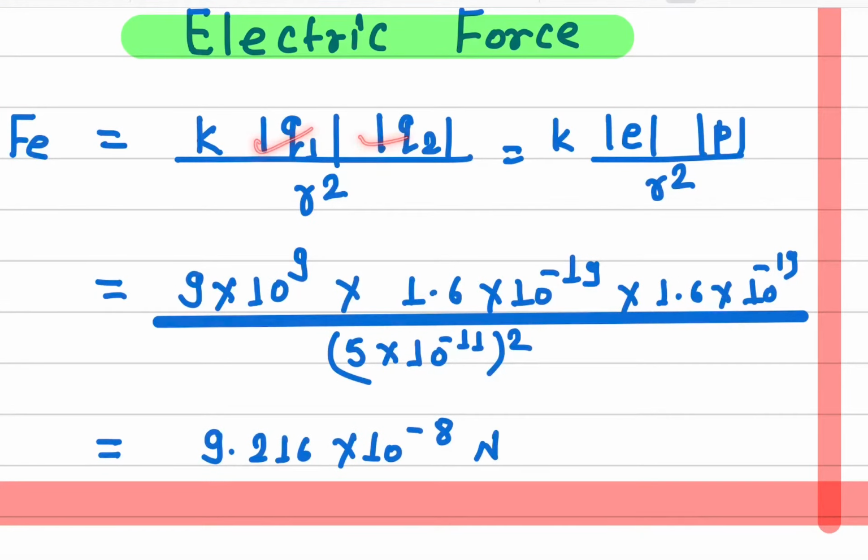Q1 and Q2 are the magnitudes of the charges, so those are the magnitude of the charge of the electron and the magnitude of the charge of the proton. The K value is 9 times 10 to the 9. The charge of the electron is 1.6 times 10 to the negative 19, and the same for the charge of the proton, 1.6 times 10 to the negative 19. R, the distance between electron and proton, is given, and it is squared here. If I solve this, it gives this number here, 9.216 times 10 to the minus 8 Newton,